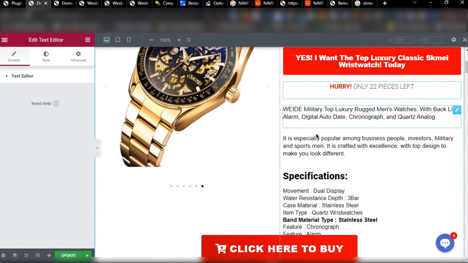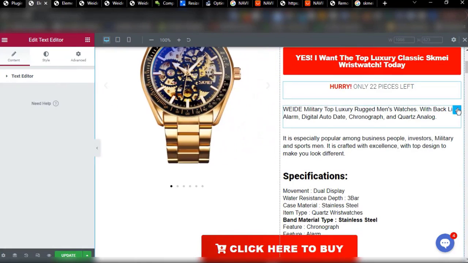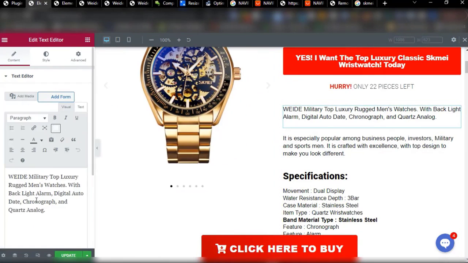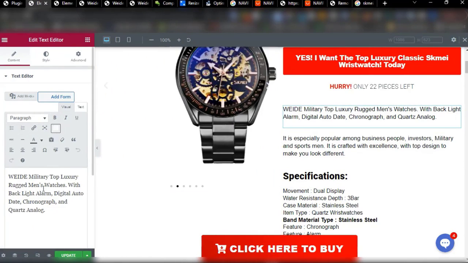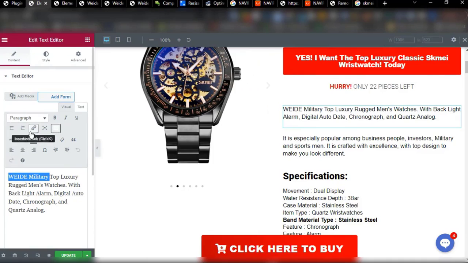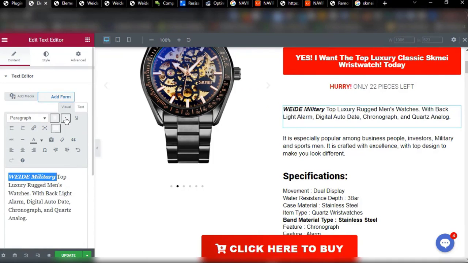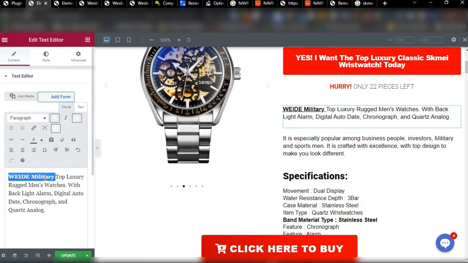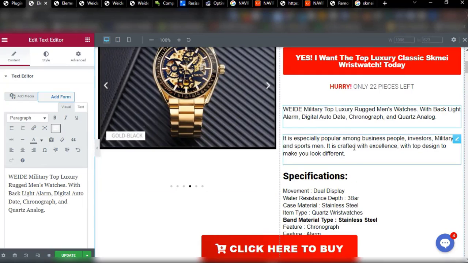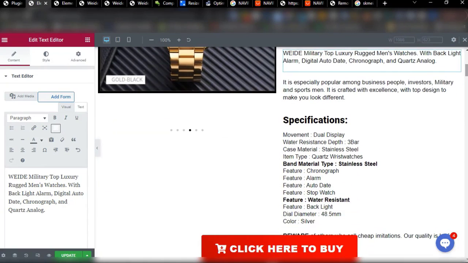Now you're going to edit this text. Of course, I'm not going to do it here. So you click on the pen tool. You're going to bring up this dashboard like this. You know how this works now, like Microsoft Word. So you edit. If you want to make anything bold, you can easily make it bold. If you want to underline or italicize, you can easily do that, right? So you understand this one already. This is what we do with Microsoft Word. Okay, so that's how you're going to edit this text to suit your own